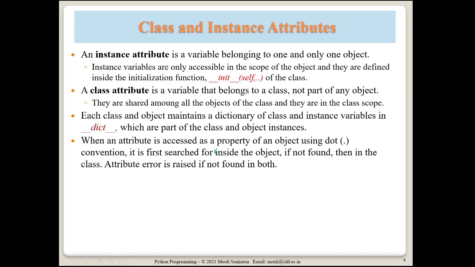When an attribute is accessed, this is the important thing which we saw the repercussions of. Let me read it. When an attribute is accessed as a property of an object using dot, we are accessing it with respect to the object and then a variable. Now this variable could be either an object attribute, which was initialized maybe in the init function, or it could be a class attribute also. So when you are accessing a class attribute, which has class scope and is available for all the objects of the class,